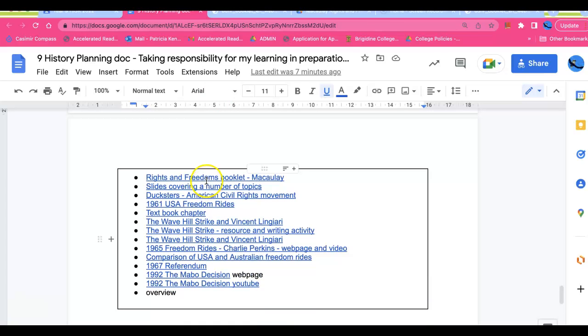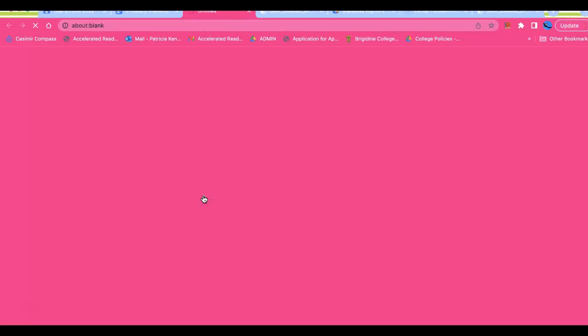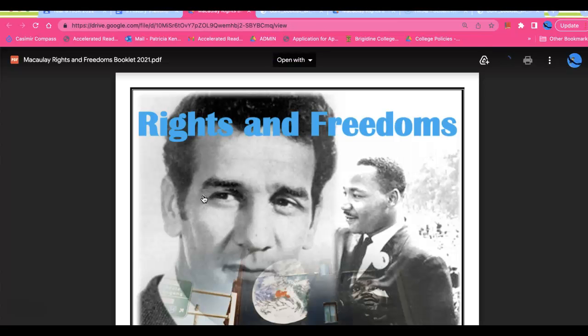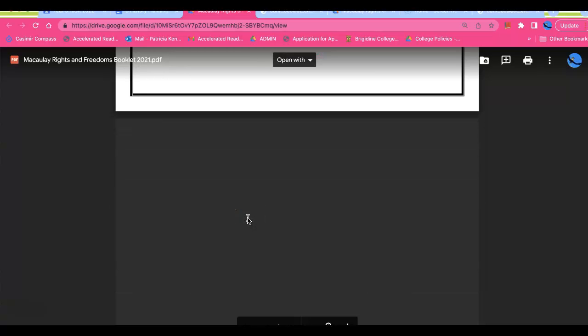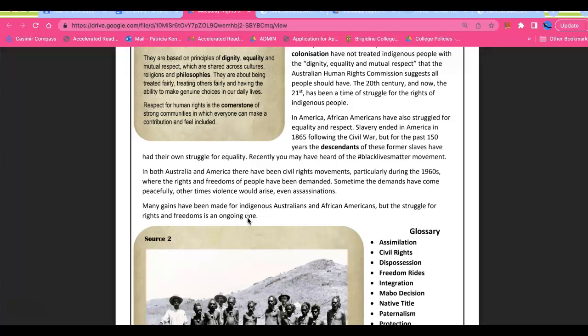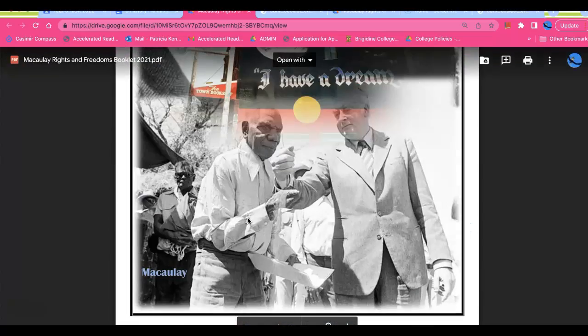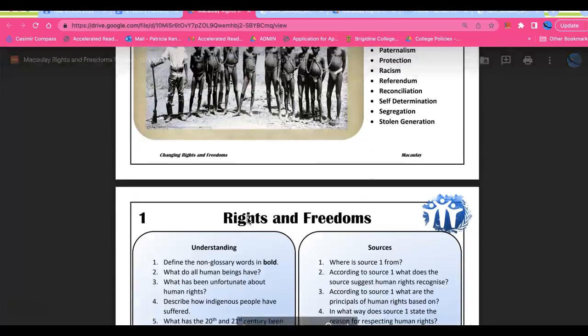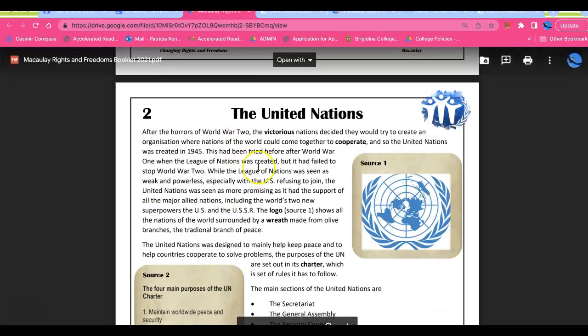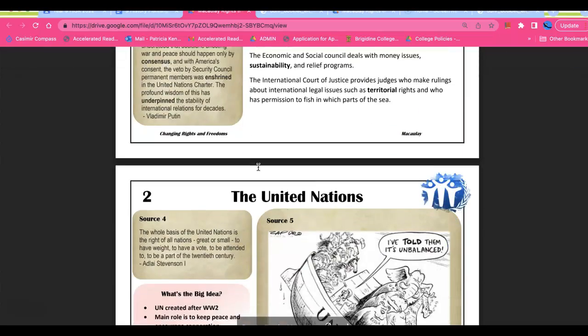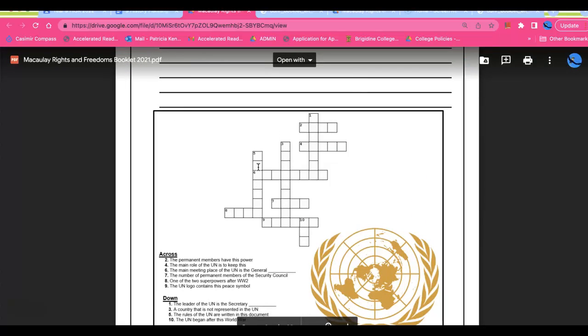Rights and Freedoms booklet, Macaulay. Let's open that up. Hopefully this will not take too long to open. If I do a word search, look, we start off with the United Nations. That gives you a lot of valuable information. But for other topics, on the Apple computer, I would be going Control F, and